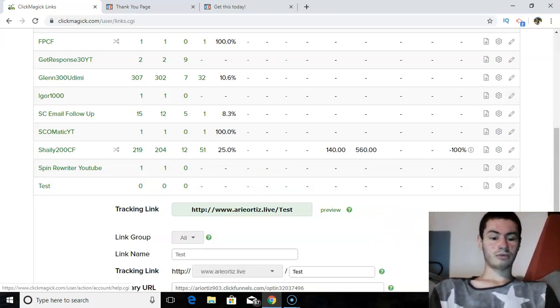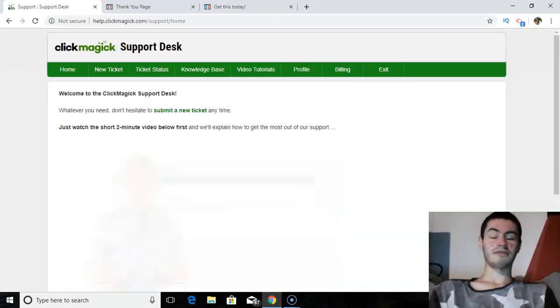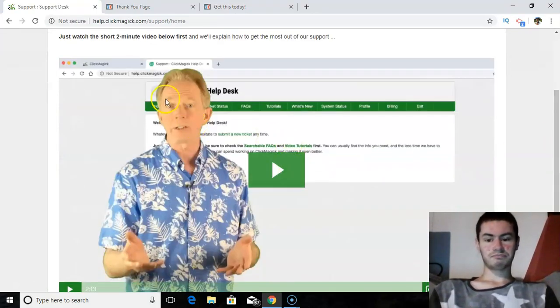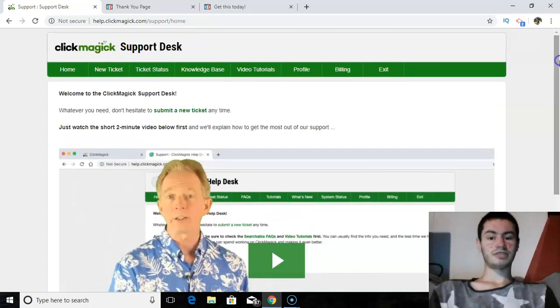You can just go down at the bottom right of the page and click on 4-hour support. And the nice thing about this, Clickmagick actually has a very great support system. They have a little video where Steve pretty much explains how their help desk works, and you could pretty much contact them anytime. Usually they're very fast when it comes to getting you a really good answer. They're very helpful. They will help you to the best that they absolutely can. But anyways, that's pretty much all there is to it. That's pretty much the entire